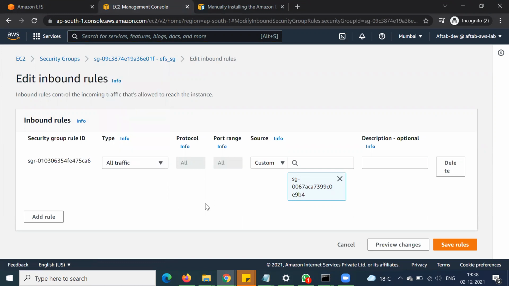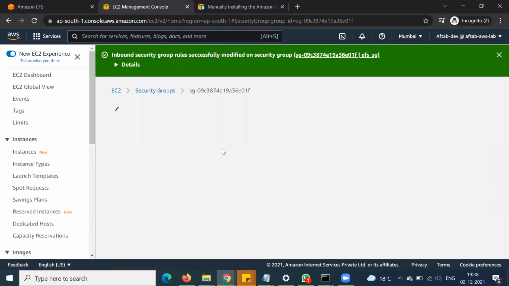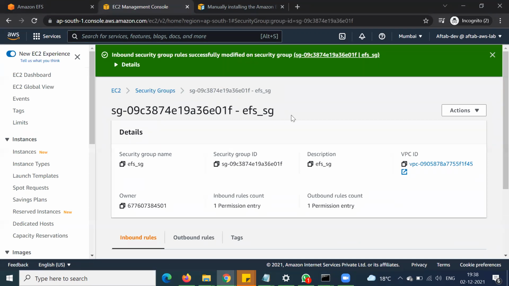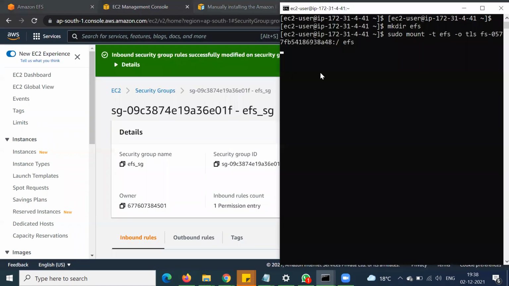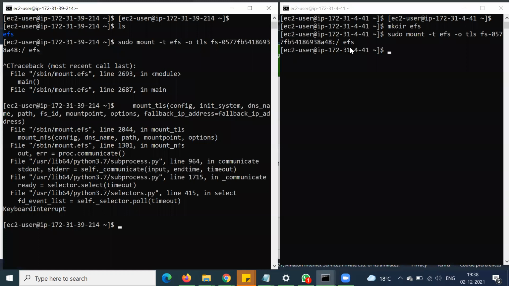All traffic, right? From all, we need to whitelist all traffic from this security group. Save rules. Now we will be able to download and mount this file. Now you can see this is mounted right now.